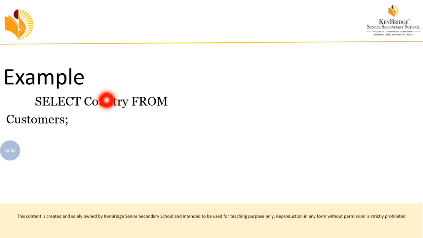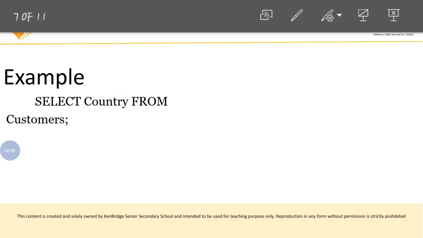Students, please make a note. Here I have mentioned the attribute, so it will retrieve that particular attribute alone. If I mention star instead of country, it will select all the attributes from customers. Can you understand the difference between the star and the attribute name? If you mention that particular attribute name, it will retrieve that particular data alone. If you mention star in place of country, it will retrieve all the attributes and all the records. Whatever records satisfy the given condition will be retrieved and displayed in the output. So let's see what the output of this example is.